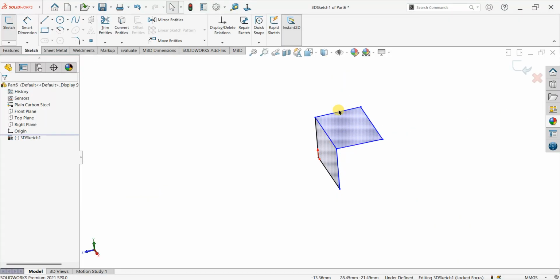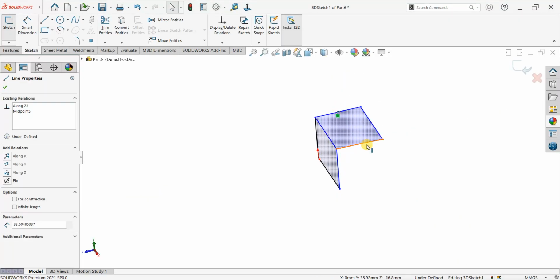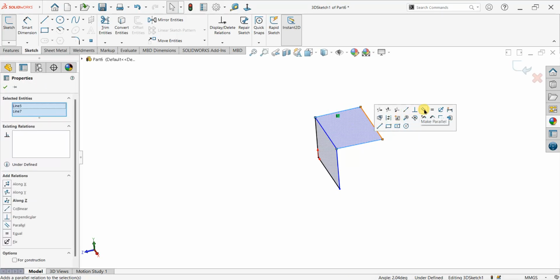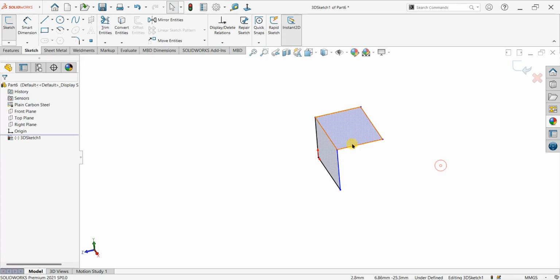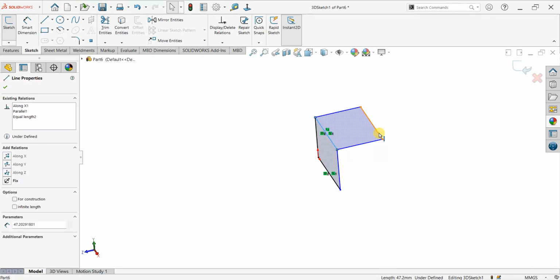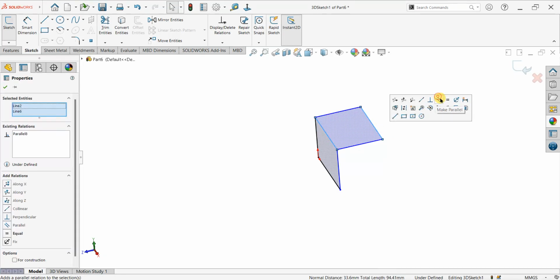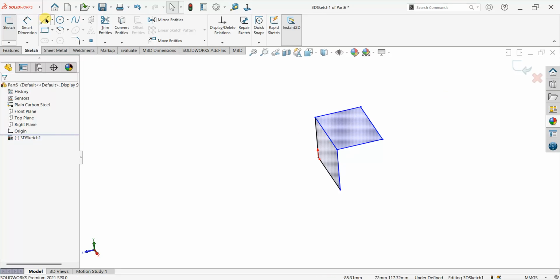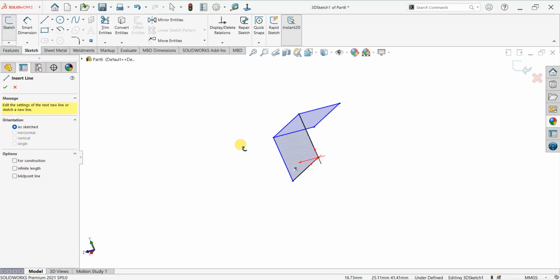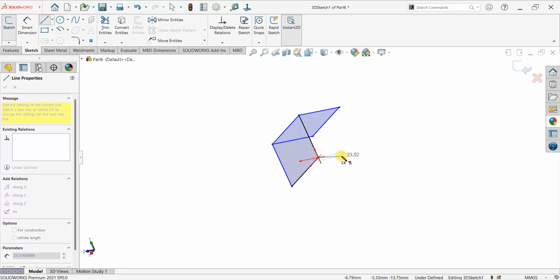Escape key to exit. We again select this line, control key, and select this line, make it parallel and equal. Again select this line, hold down the control key and this line, make it parallel and equal. Now again select the line command, rotate the sketch, draw from this origin,